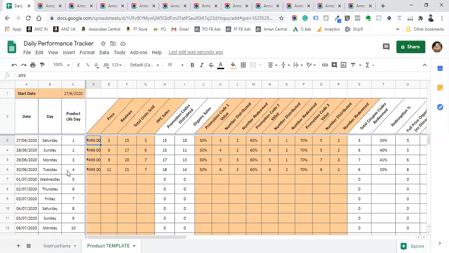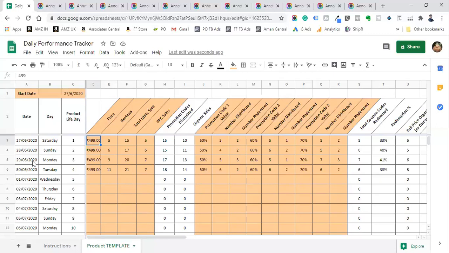You should leave one day in between, because Amazon will take some time to populate the sales data on your Amazon Ads Manager and in your business report, sales dashboard. Everything will take more than 24 hours to get updated.